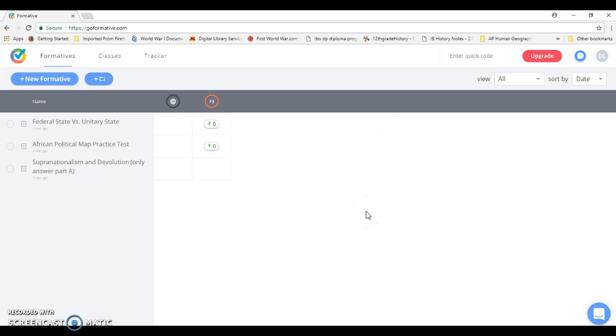I'm going to show you a tool called GoFormative, and Mr. Hall was actually kind enough to text me in all caps with exclamation points: Go to GoFormative. It's the best tool I've ever used. After playing around a little bit, I actually 100% agree with that statement, and I'll show you exactly why as